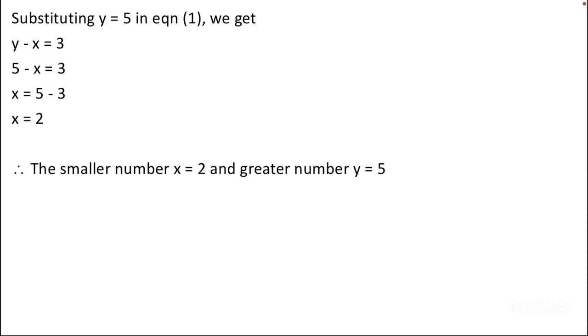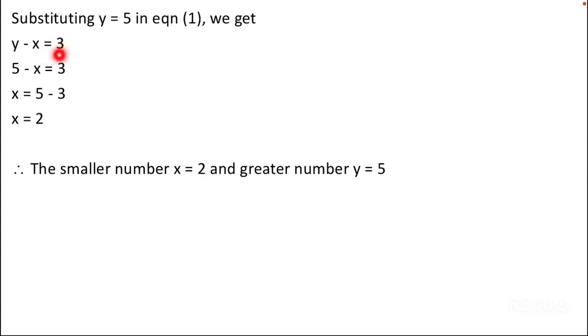Now if you want to check whether the answer that you have got is correct or not, there is one trick you can use. You have x as 2 and y as 5. You can substitute these two values of x, y in any of the previous equations. You can see this is one of the previous equations which we have. So you will substitute the values of x and y over here. We have y as 5 and x as 2. So we do 5 minus 2. Now when you do 5 minus 2, what are you getting?